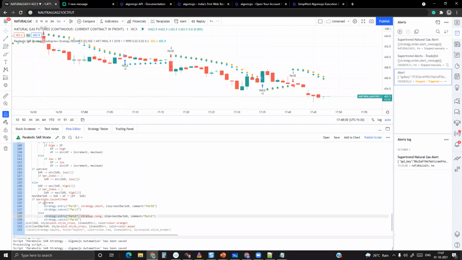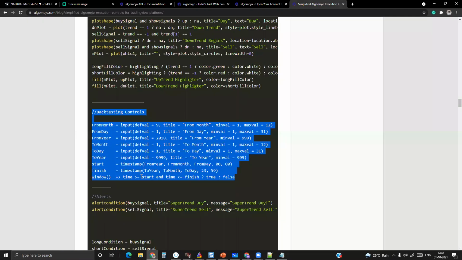In an uptrend, they are calling par SC. If it is an uptrend, that means it is a long signal, else it is a short signal. In this case, this is where a little bit of coding knowledge is required. Otherwise, everything else, anybody can code. Only the last module, somebody needs to know how to code it. In my case, long condition equals buy signal, short condition equals sell signal. That is what one can do.